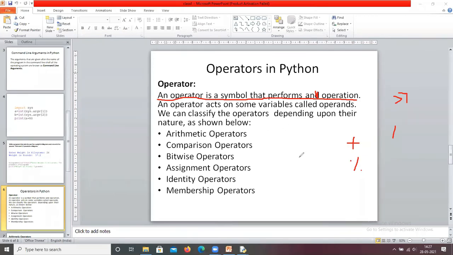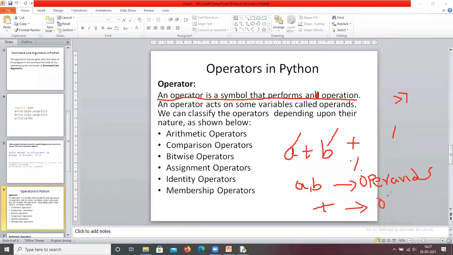Here, for example, we are taking A plus B. An operator acts on some variables. These are the two variables, and they are called operands. A comma B are the operands. Operands are nothing but variables, and plus is the operator here.